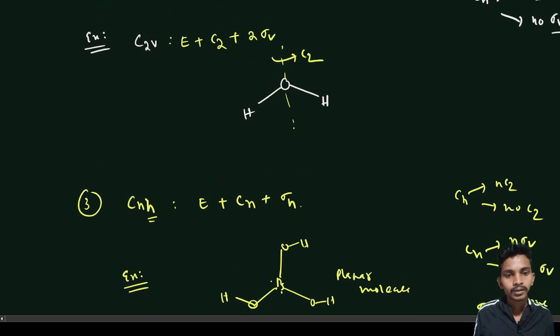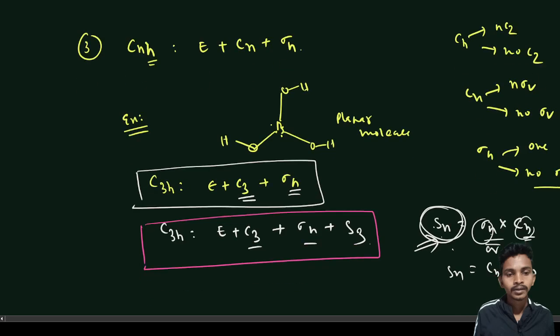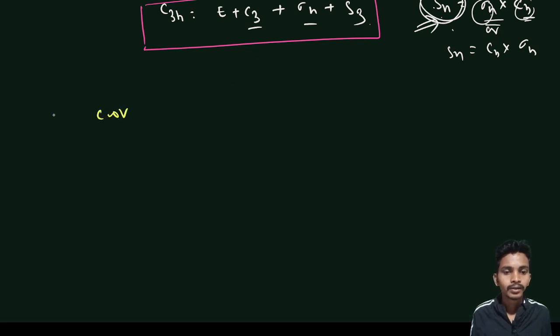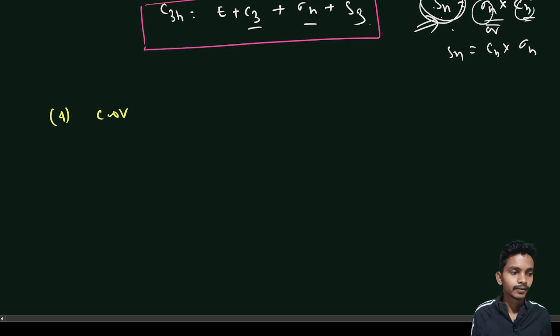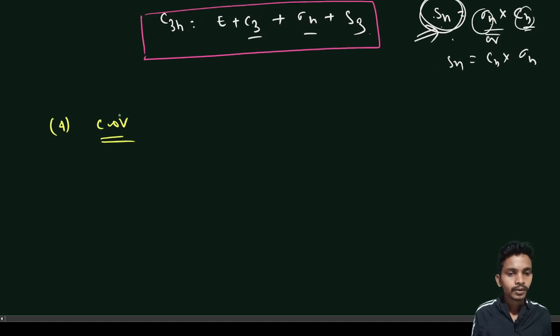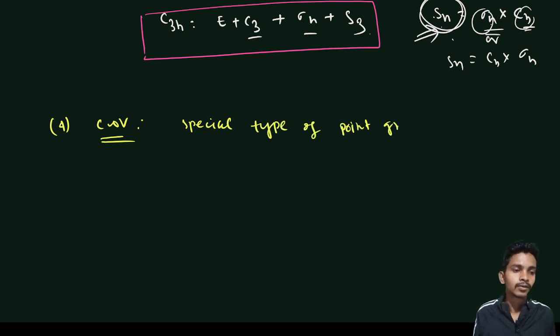Now we have discussed CnH. Now we will discuss other groups, that is C infinity v. C infinity v. This group is called a special type of point groups, where